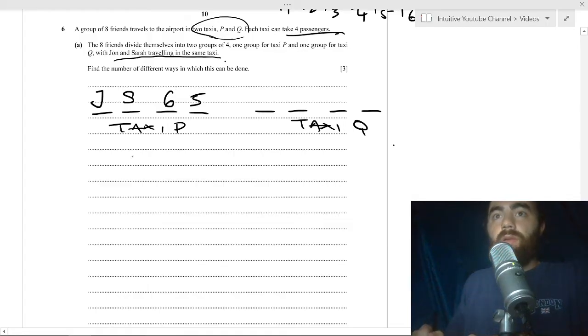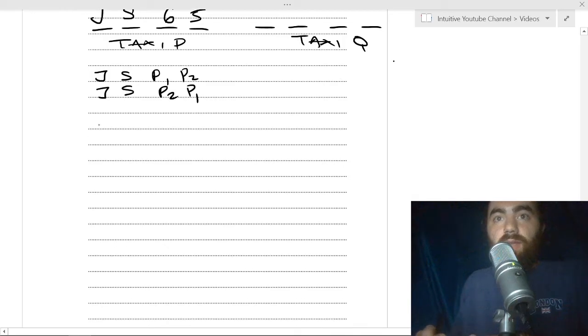But we have to remember that, let's say, if they're arranged like this, well, this is the same as arranging them like this if we switch them over. There's no difference. It's the same way. And when we put J and S down, because that's just a given, we put them in this taxi. Let's say we put J here and Sarah here. Well, when we selected these, we could still select 6 ways here and 5 ways there. Well, remember that if we just change these over, it's the same again.